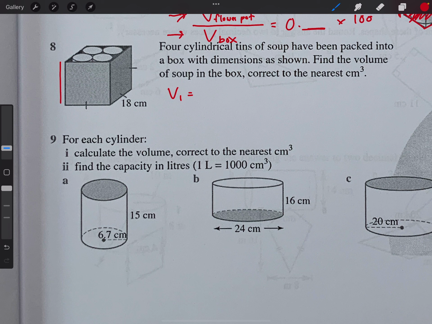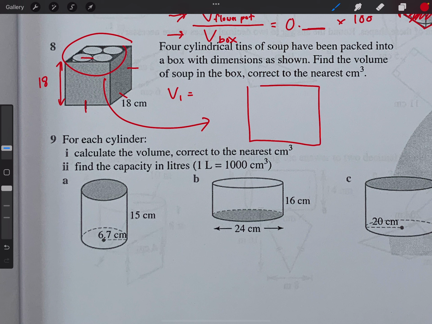We know the height of this can of soup is going to be 18 because this is a cube box. Because you can tell this is 18, 18, 18. So the height of this box is 18. Now we need to find the radius of this can. Now, if I was to redraw this from the top looking down,